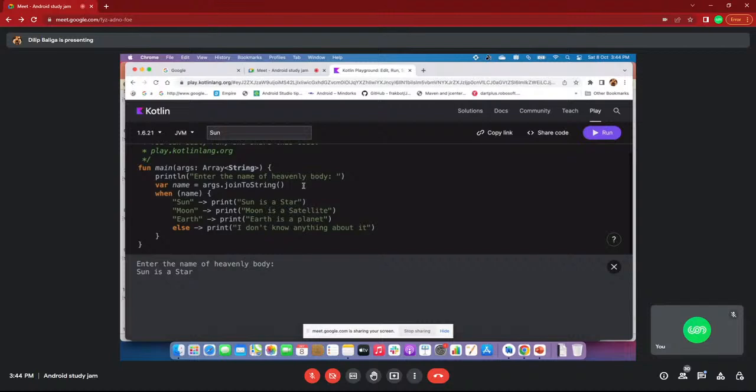Initially it executed, and this name now contains sun. Whatever value I pass here, this name contains the value sun. And the when statement will check whether the value of this name is sun. Yes, the value of name is sun. That's the reason it is printing sun is a star.